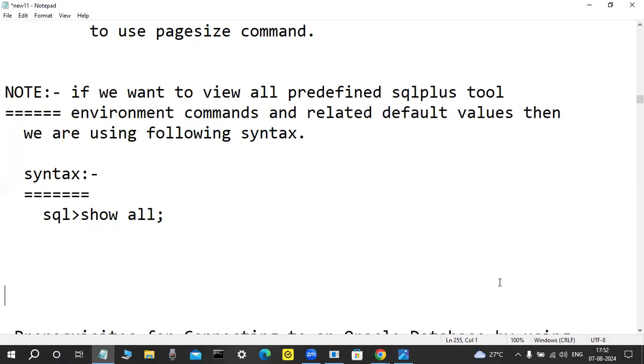Syntax, write it: go to the SQL prompt, show all;